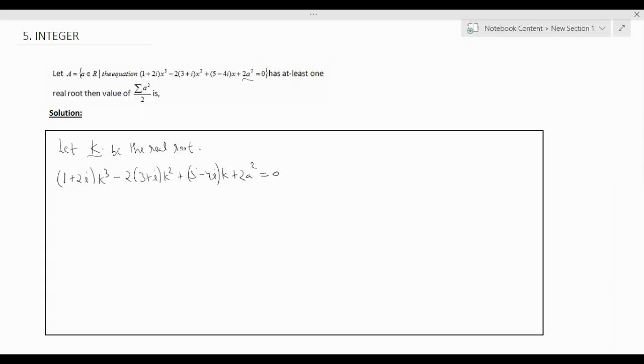Now observe this, you will have an equation consisting of real as well as imaginary parts. The RHS is always 0, so its real part should be 0 as well as its imaginary part. So we are going to break it into real and imaginary parts. Now observe this carefully. What are the real parts you have?